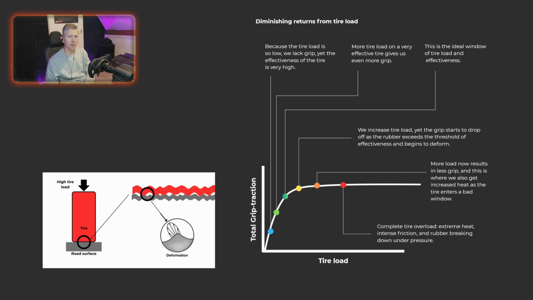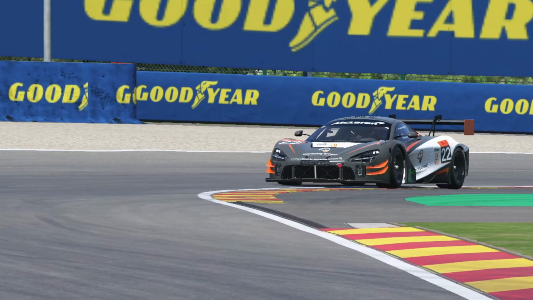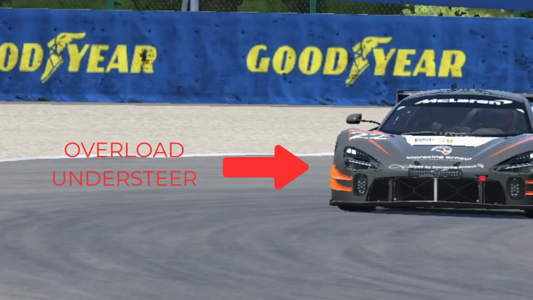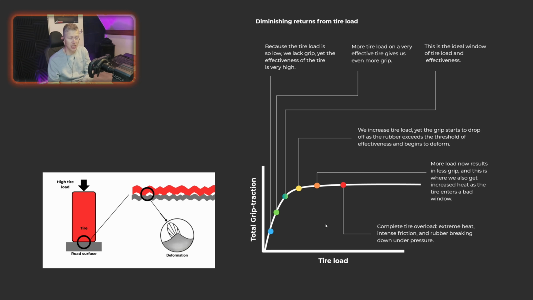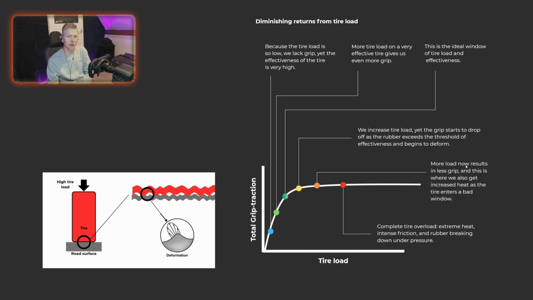Throughout this video, I will talk about tire overload and tire load sensitivity. It means the more pressure we push on a tire, the less effective the grip will be. So it's not reducing the grip when you push tire load on it, but the effectiveness disappears. And tire load is always bad. You want the least amount of it. That's why light cars and wide cars are typically faster than heavy small cars, because of this effect. And this is something that will keep coming back in the video. So go back to this section and read these words to see what tire load means and how it affects